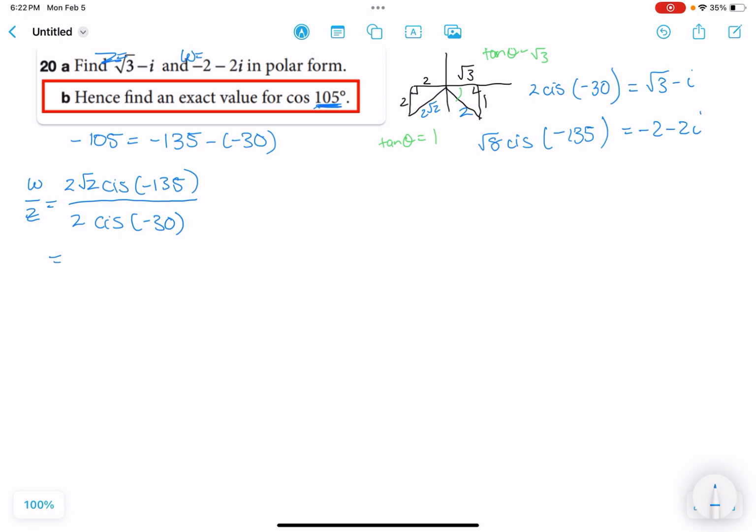And that equals, so we can cancel the 2's and we've got root 2 cis, and with the angles, we subtract. So we've got negative 135 minus 30, so we get root 2 cis negative 105. All right, now think about that. That has cos and sine in it, and we're only looking for the cos part. So if we take the real part of that,